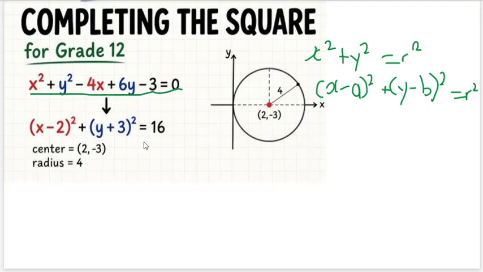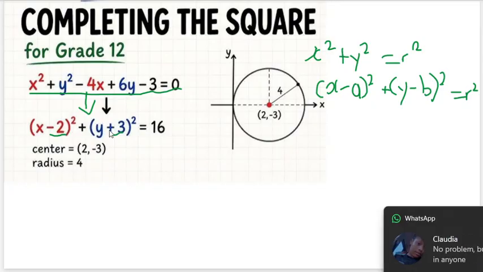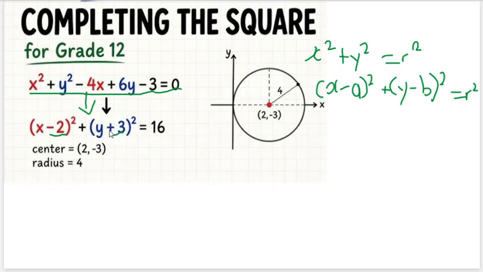If they give us the equation like this, they want us to have it like this, because when we have it like this, then from here we'll be able to identify our center, our x value and y value for our center. Now when we do this,